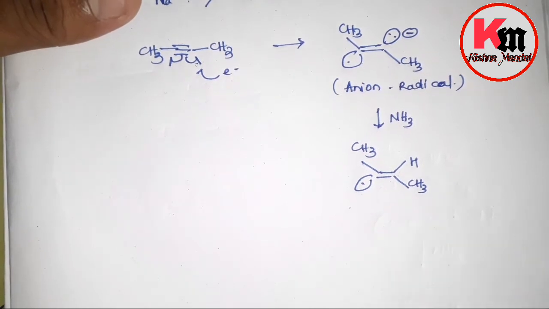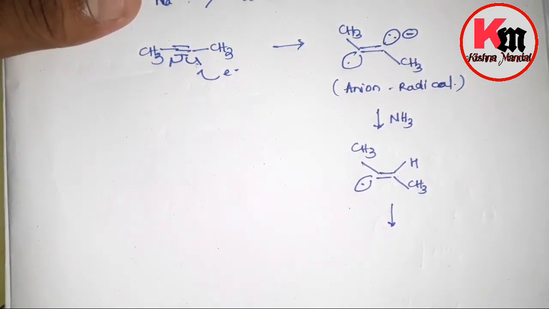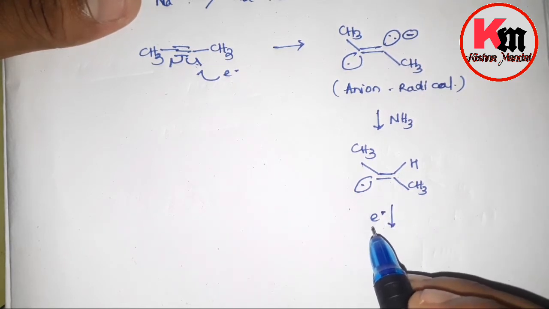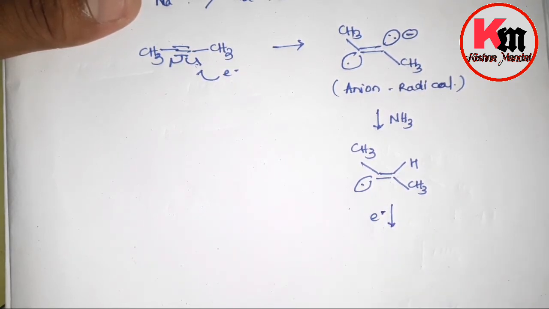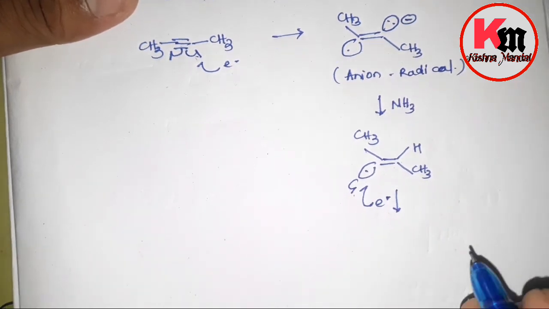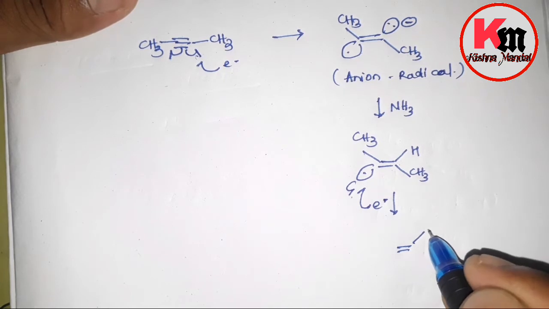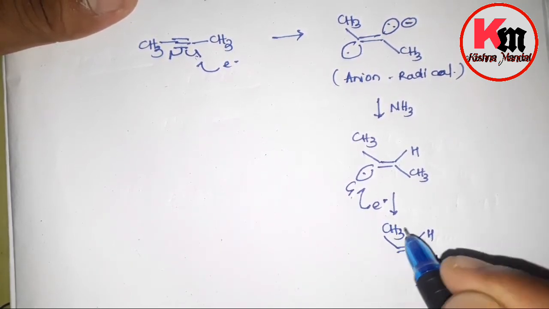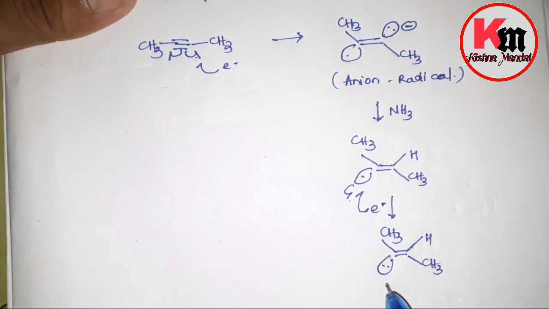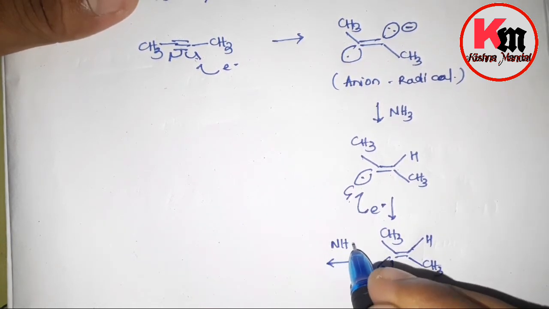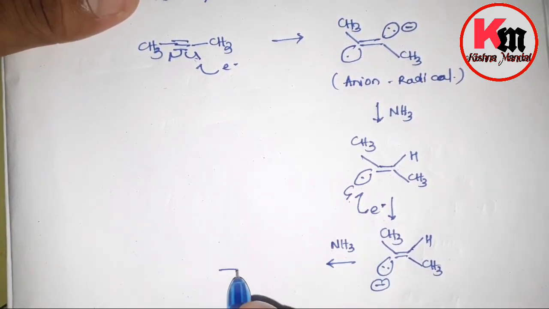Again this electron pairs up with one of the electrons coming again from the metal, that is sodium. Simply it pairs up with it, and again it converts into a negative charge. Again this negative charge takes a proton from one of the NH3 molecules, and simply it converts